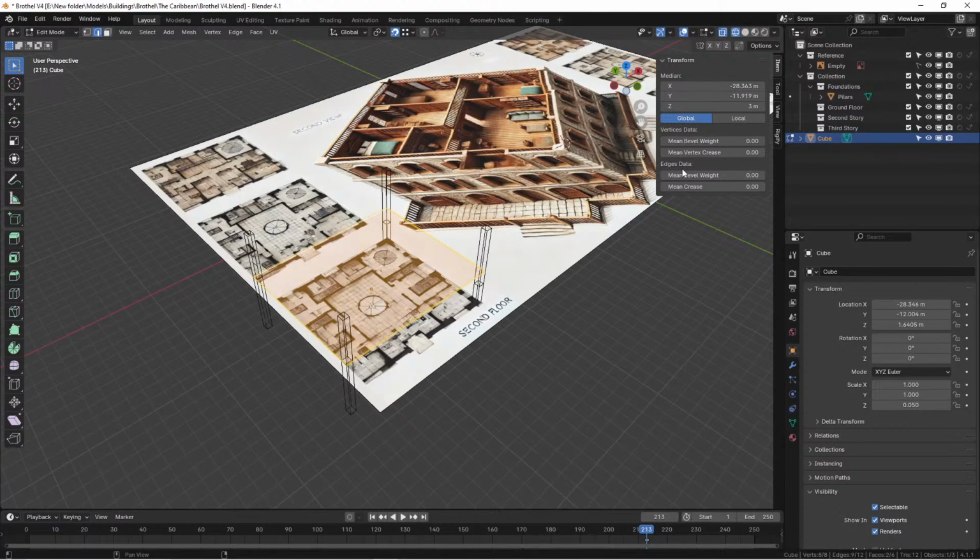And then we duplicate it, and we move the second one